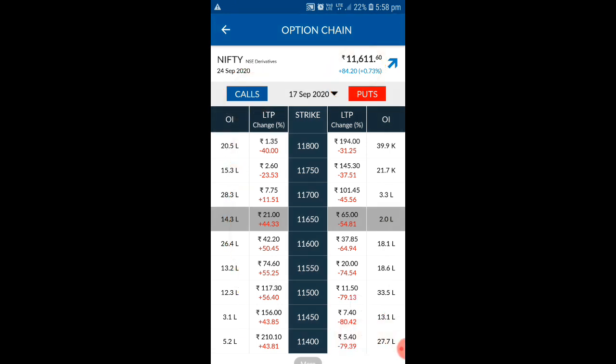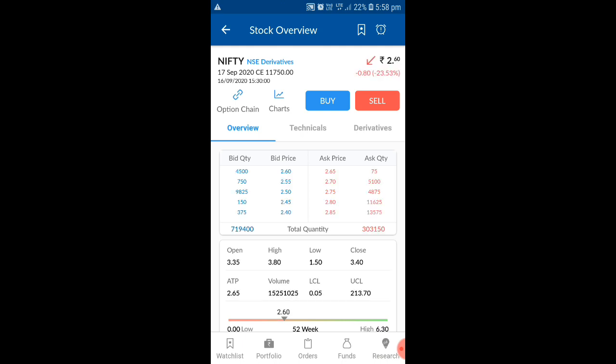So here you can see, if you select this Nifty, it is negative now. Some people will ask why this is negative. This is because of the time decay, because tomorrow is an expiry, so the time has already come down to 1 day now. Only 1 day is there for the expiry. So the time has come down, and it has to go to zero. So automatically they will cut the premium.